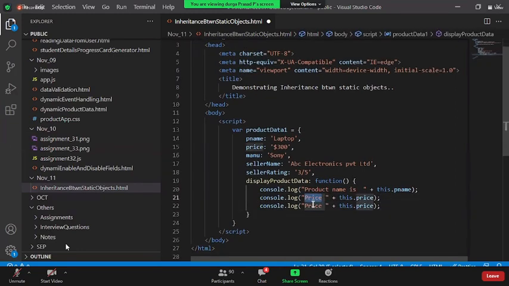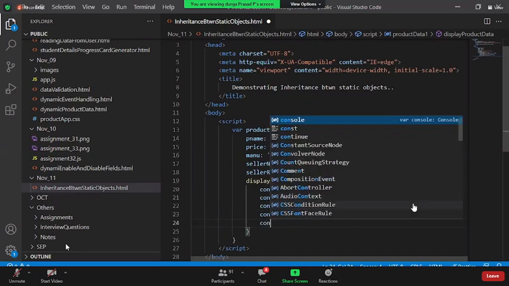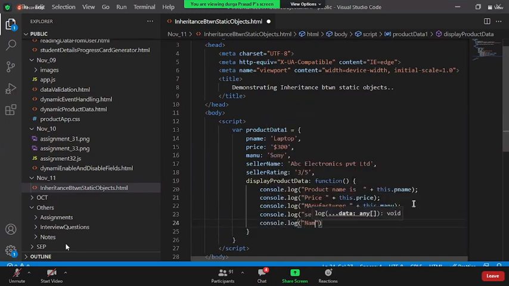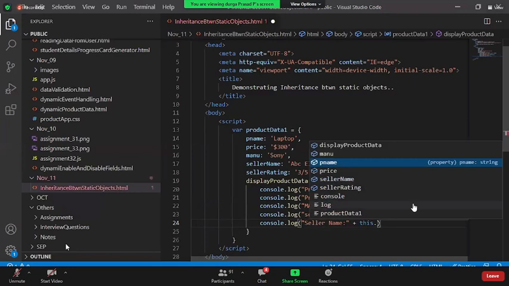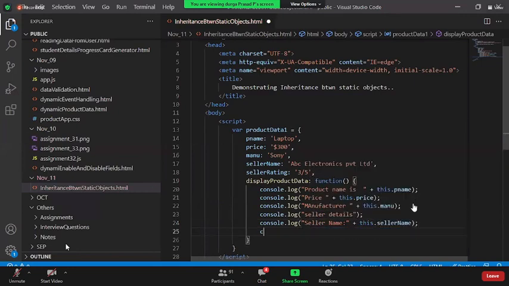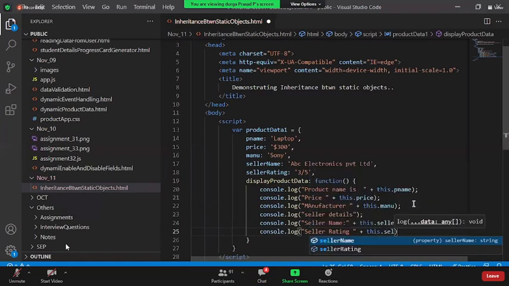I say this one is manufacturer, and this is Sony. And I say console.log seller details, console.log seller name is plus this dot seller name, console.log seller rating plus this dot seller rating.